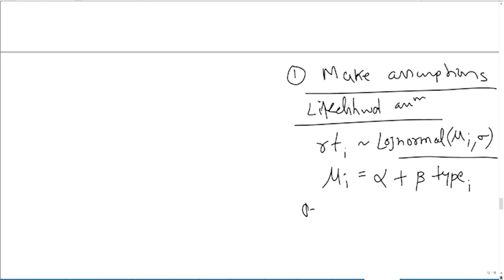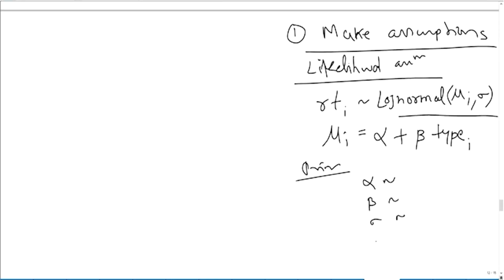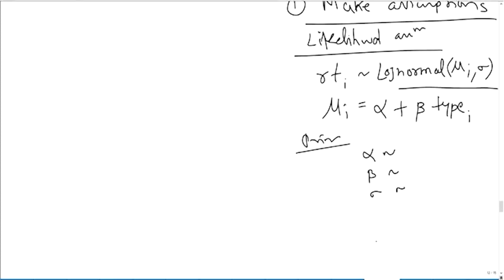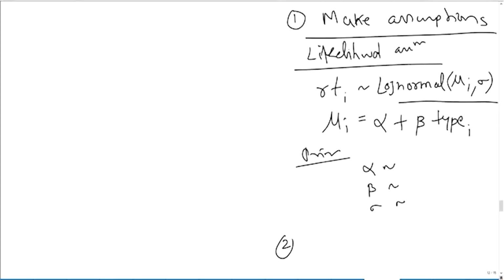Now we need prior assumptions on the 3 parameters of interest. What are the parameters of interest here? Alpha, beta, and sigma. So we need some priors on alpha, beta, and sigma. So we have already made assumptions. Now the second thing we need to do